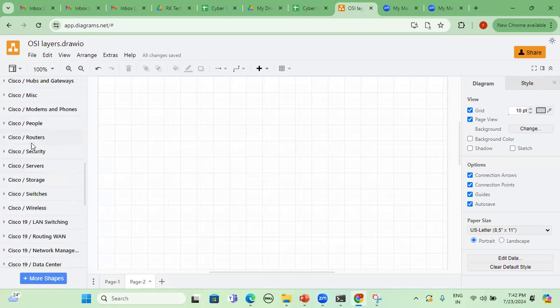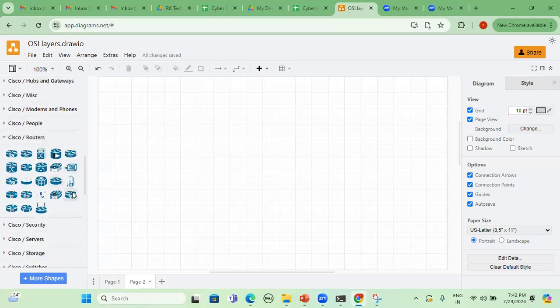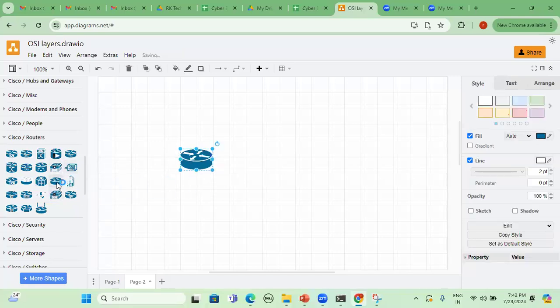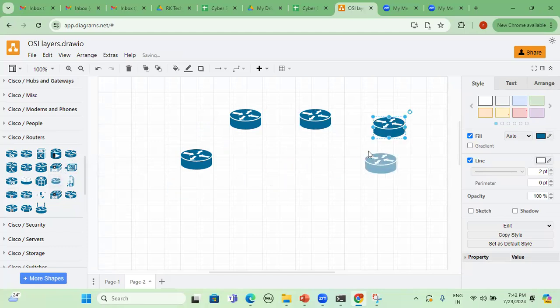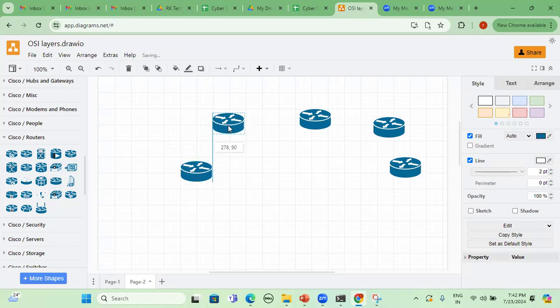And under Cisco routers, so this is the router symbol. I'll make one more router here, one more router here, one more router here, and finally one more router here.